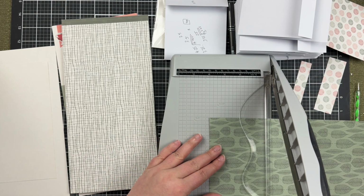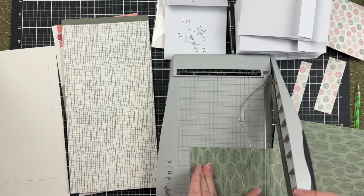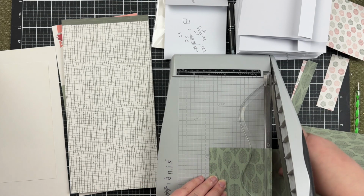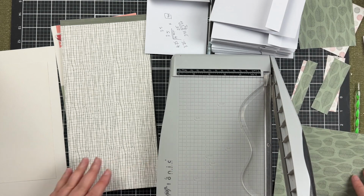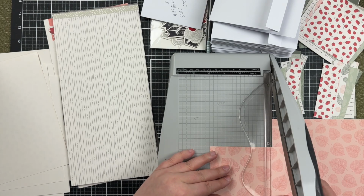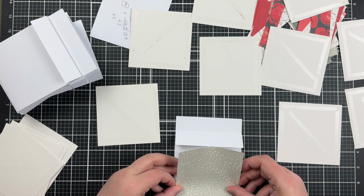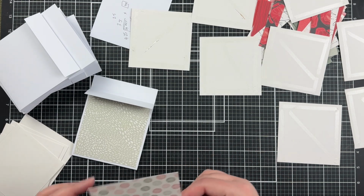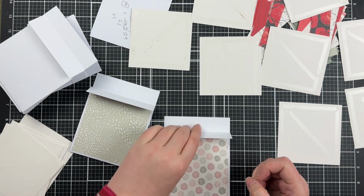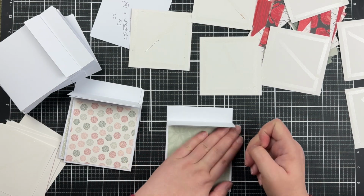Now, in terms of what we're doing here, I have, as I said, 12 by 6 inch paper, which is a very unusual shape. But what I've decided to do is I am cutting 4 inches off the bottom of each of these panels, and it is the perfect amount to be able to cut the 3 components needed for one of these cards. So there is 20 sheets of pattern paper and then the one of the cut aparts. So I end up with a 4 by 4, a 4 by 3/4 of an inch, and then a 4 by 1 1/4 inch. Right now I'm running through and I am adding the 4 by 4 pattern paper to